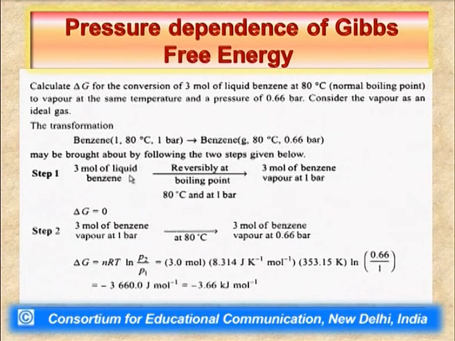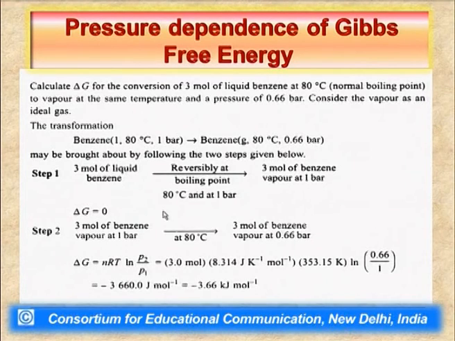Right. On the basis of this, let us consider a numerical here also. Calculate Gibbs free energy for the conversion of 3 mole of liquid benzene at 80 degrees Celsius, its normal boiling point, to vapor at the same temperature at a different pressure. So, benzene at 80 degrees Celsius in liquid phase at 1 bar pressure converts to benzene in gas phase at 80 degrees Celsius and 0.66 bar pressure. In this transformation there are two changes: one is the phase transformation, the other is the pressure change. So, we need to